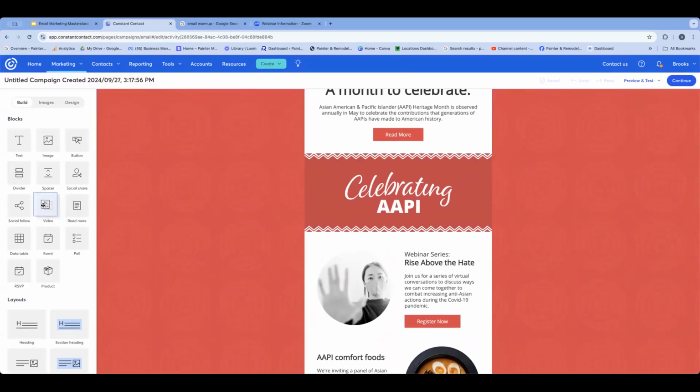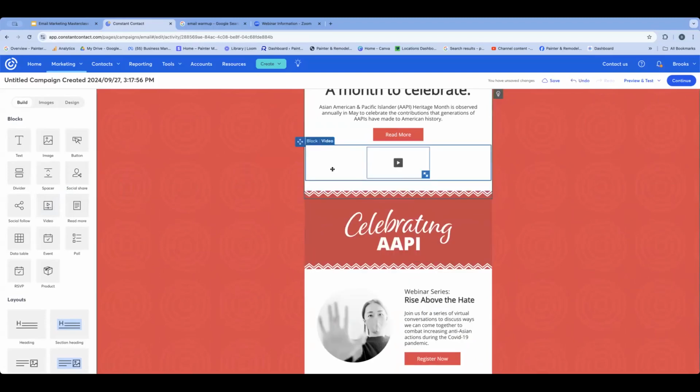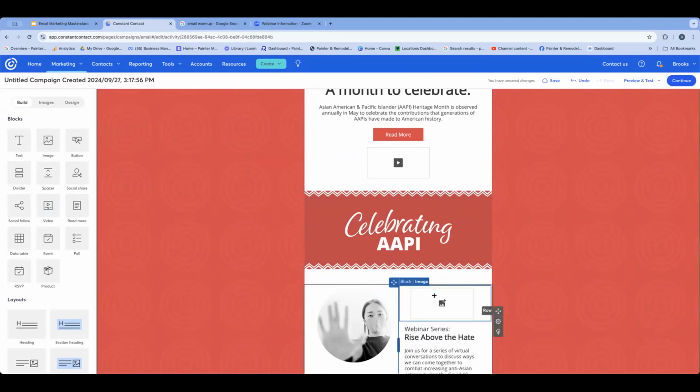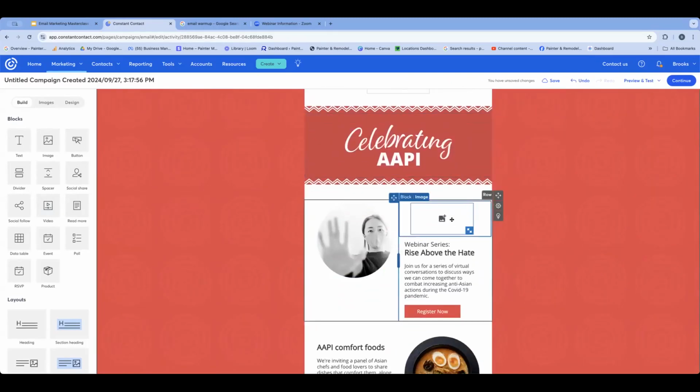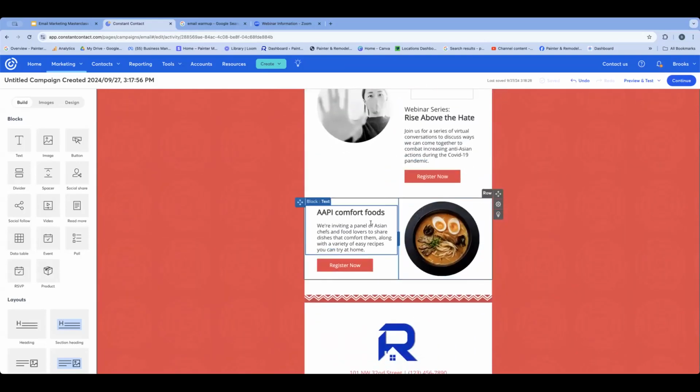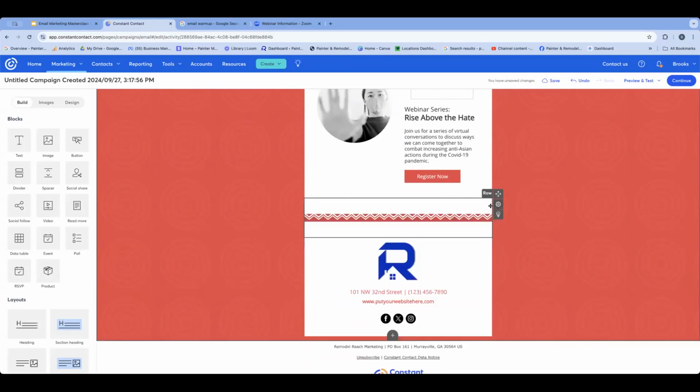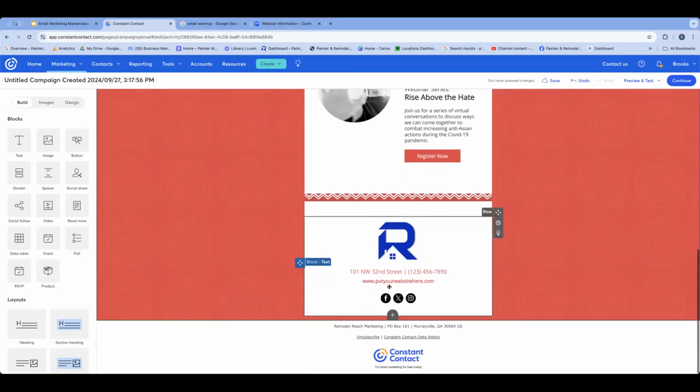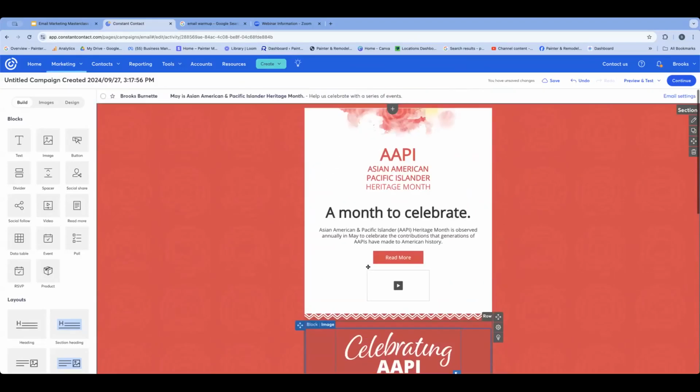And you can add videos. So, like for here, you could just drag over videos and put them wherever you want. For remodelers, we're going to be doing a lot of pictures, very picture forward, very picture heavy. And so, you can drag pictures, descriptions of your services and things like that, add lots of pictures and just kind of go from here. You can go from scratch. You can delete sections if you want, and you can add in links to your website, links to your social media. And so Constant Contact is a very, very good platform and it's very easy to use.